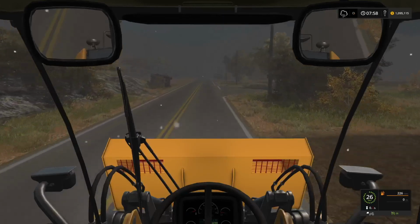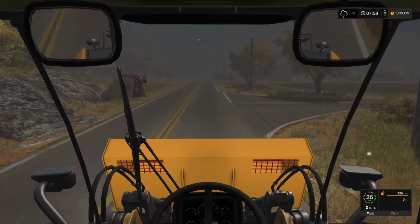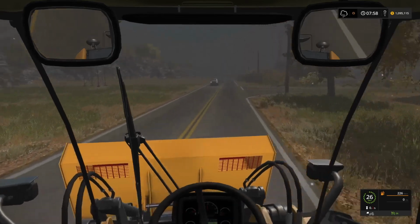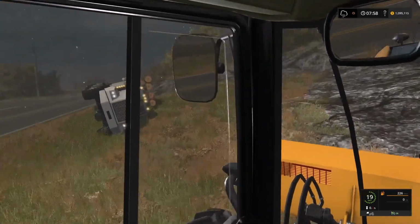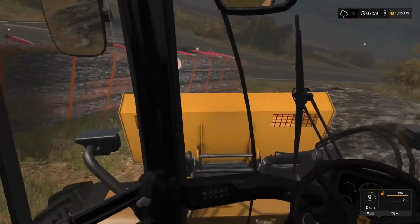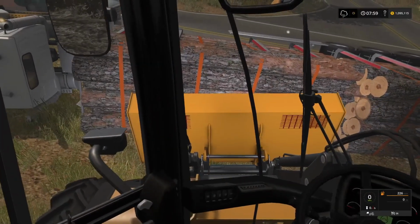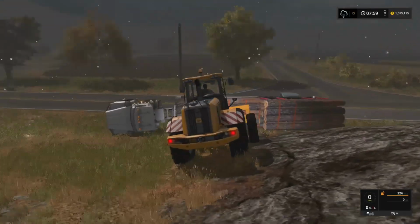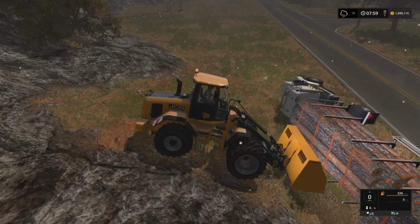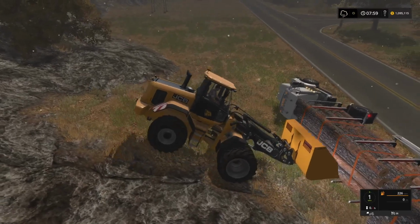So in the previous episode I talked about the dangers of not paying attention and how easy it would be to just flip your logging trailer. And then in the very next episode I don't pay attention and I flip my logging trailer. So if nothing else, I at least proved my point. But now I've got to try and right this if I can, and I think